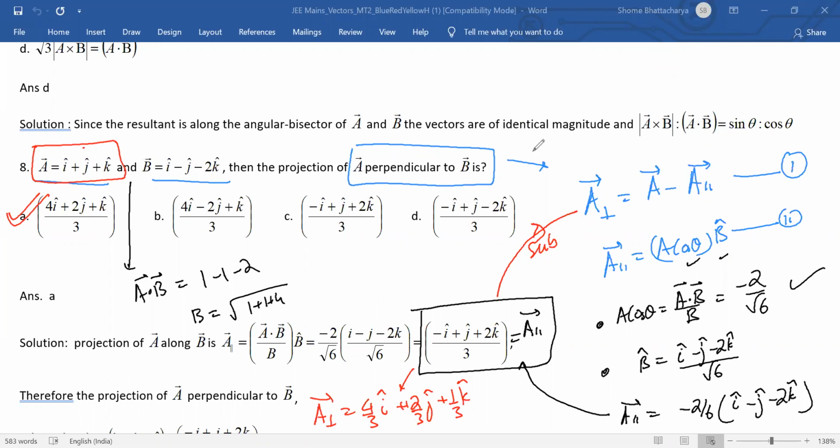Okay. In that, look, what is A cross B? Its magnitude is A square sin theta. And theta is how much? 60 degrees. So it's A square into root 3 by 2. And what is A dot B? It is A square into cos 60. So it's A square by 2. So from that you are getting the ratio of sin theta to cos theta only, which is root 3. And because mod A is equal to mod B, right beta? That you establish because it's a rhombus.